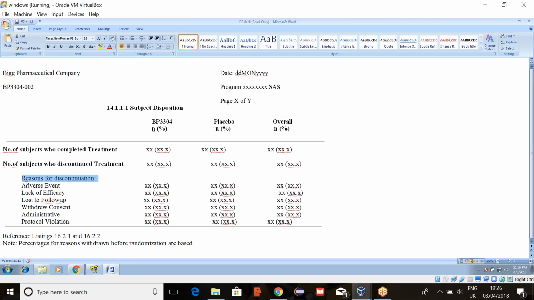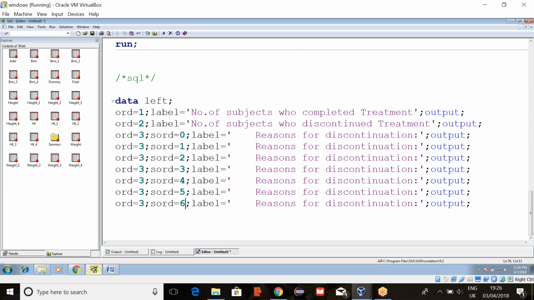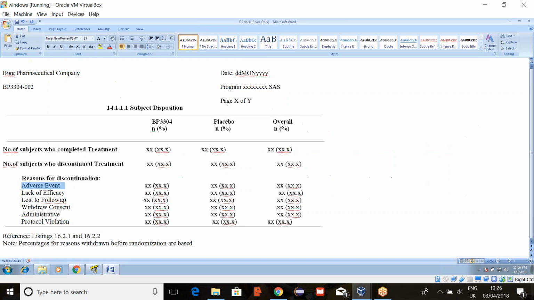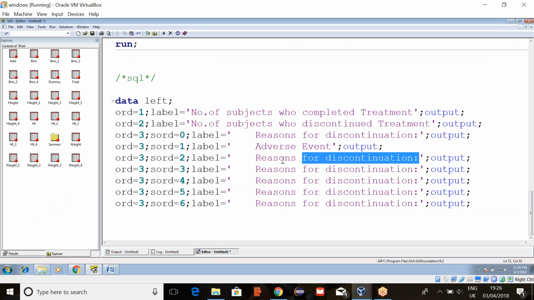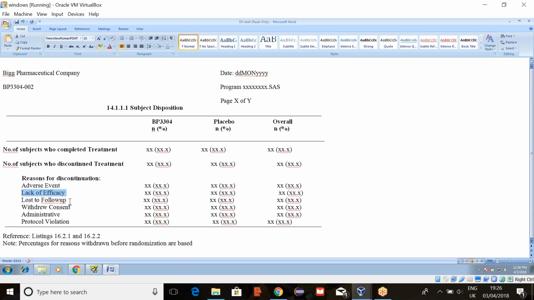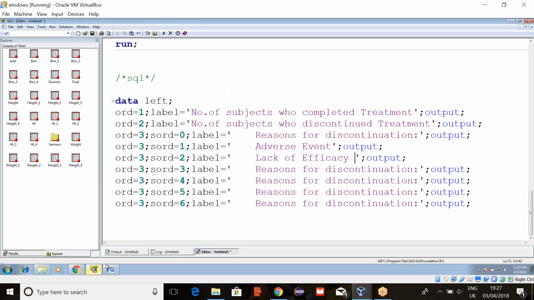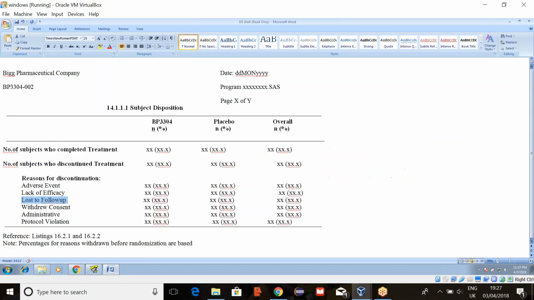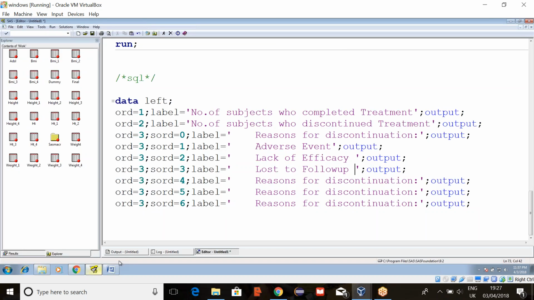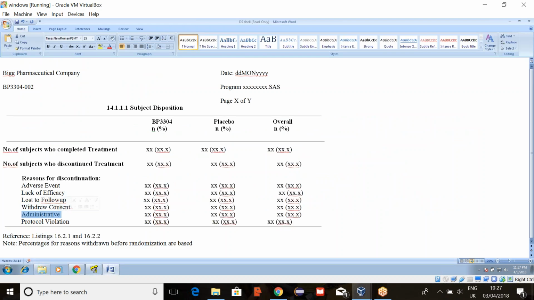Okay. Now here next one is adverse event. And next, lack of efficacy. And next, loss to follow up. Next, withdrew consent. Next, administrator.